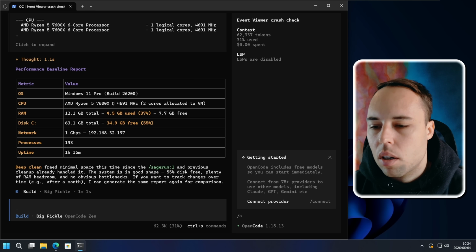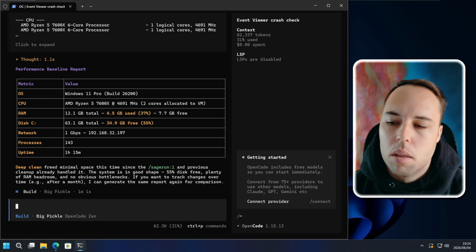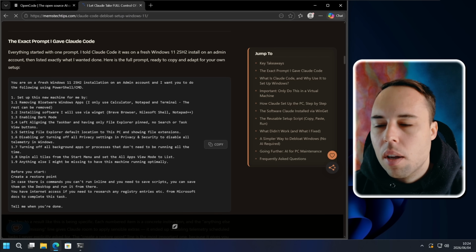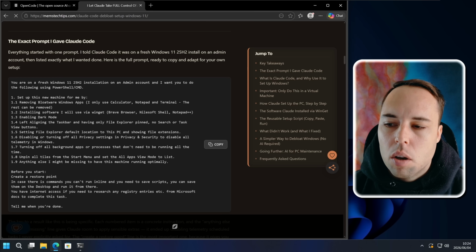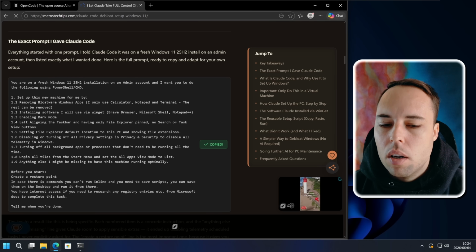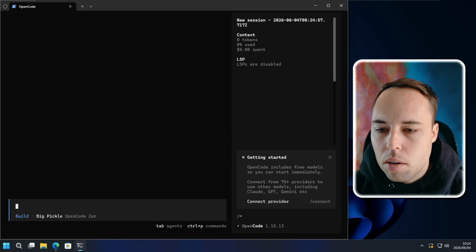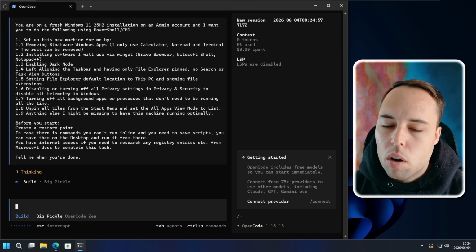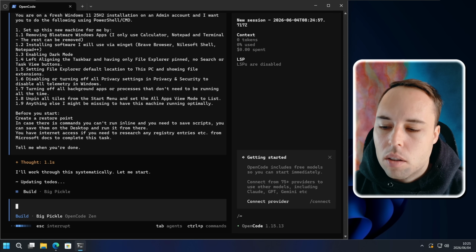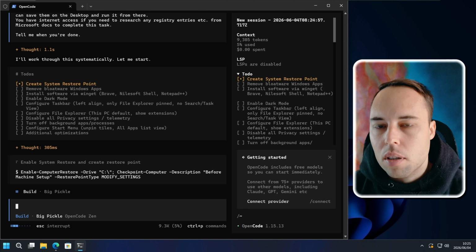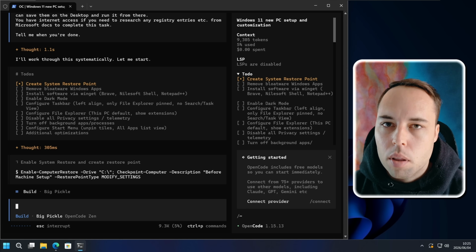So for example, this whole chat that I just showed you throughout this video. But to end off this video, I want to give it the exact prompt I gave Claude Code in the previous video that you can find on my website. So I just went and copied the command and I just pasted that in a fresh OpenCode session and then pressed enter to run it. And immediately it started working on it and created a task list about everything it needed to do. I was actually very impressed with this because for this specific prompt, it feels on par with Claude Code.